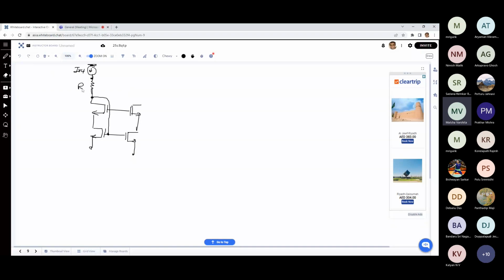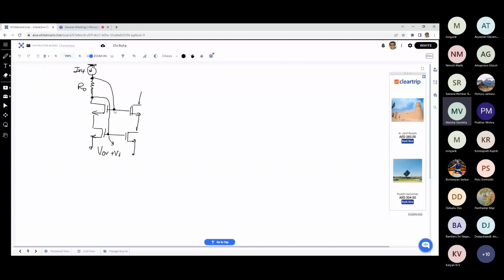Now, if this is your R, whatever R naught, the gate of this one will be connected to this one. So look at the connection. The gate of the lower transistor is connected to the drain of the upper transistor. The gate of the upper transistor is connected to the upper end of the resistor, and then you have the output. Now, this voltage is VGS of M1, right? So VGS I can again write as V overdrive plus VT. Now I have the option to choose this gate voltage such that